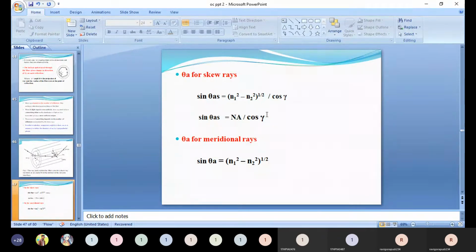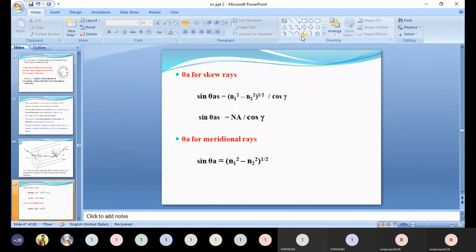For each reflection, we are taking 2 gamma. Here gamma, we are taking from that. For each reflection, we are taking 2 gamma. From the 2 gamma, we are going to calculate the gamma. Now we will discuss some problems. That's why you have to note down these formulas. And in the same manner, what is square root of n1 square minus n2 square?